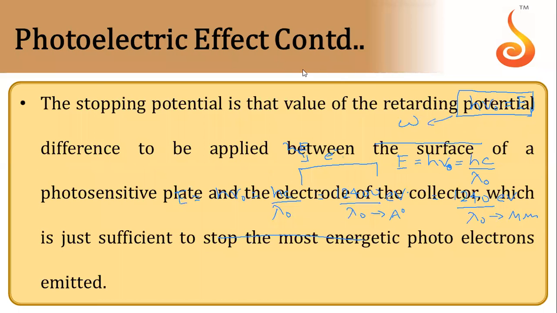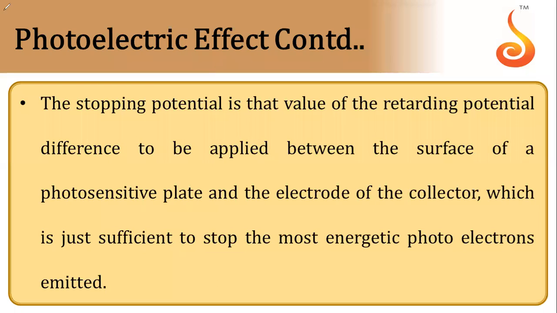So next topic is stopping potential. So let's say electrons are falling on a surface, and we have connected the whole system to a battery of voltage V. So electrons will come out. Now as you can see here, from the orientation of the battery, this will be positively charged and this side will be negatively charged, meaning the electric field will be in this direction.